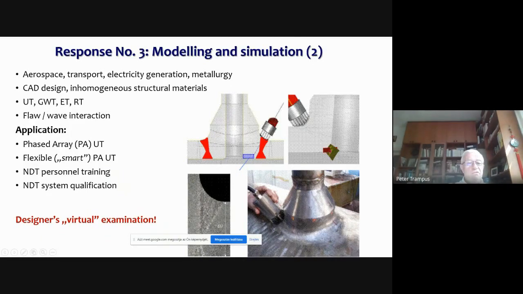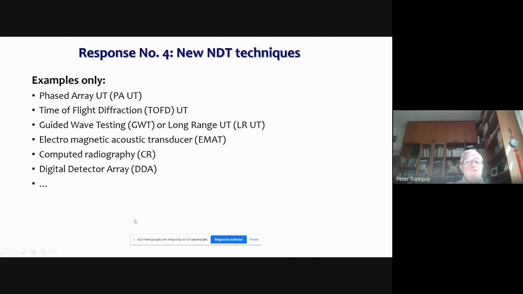The next presentation will cover the flexible phased array, the personnel training, the NDT system qualification, and so on. New NDT techniques. Again, some of them will be covered later in separate presentations.